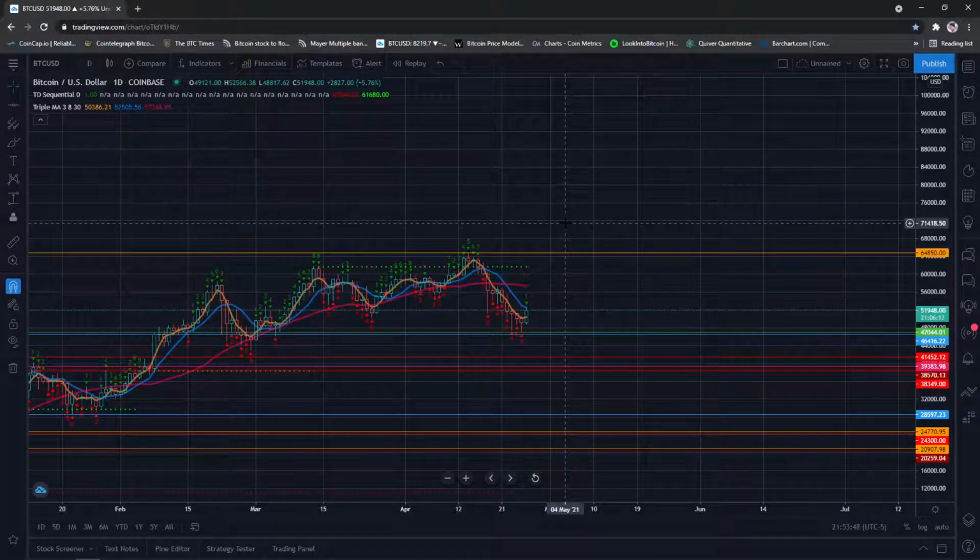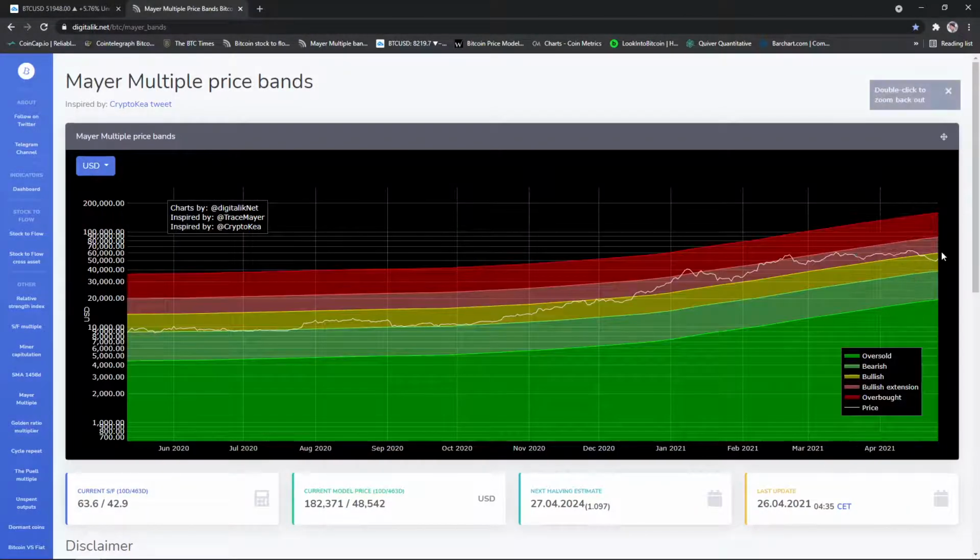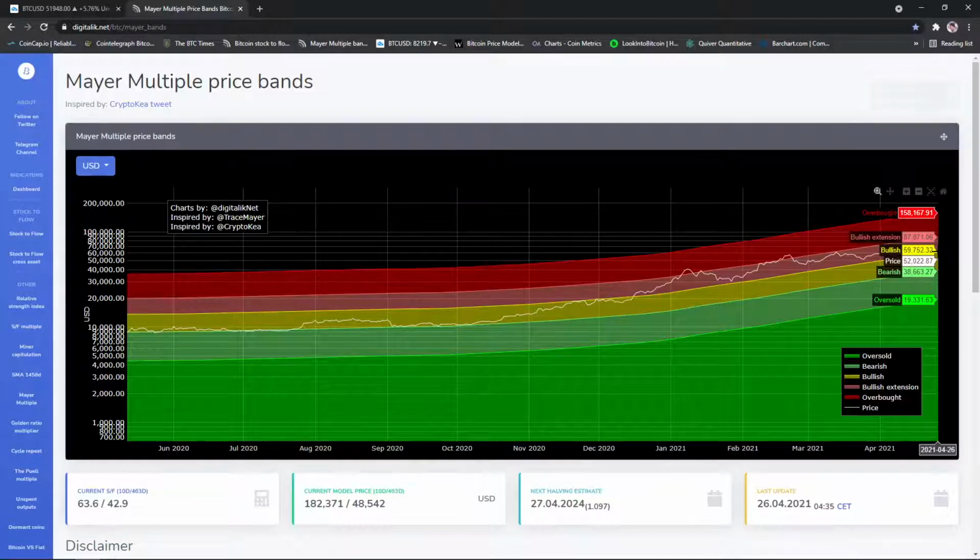and then potentially continuing up in this cycle. So let's pull up Mayer multiple bands because I haven't looked at those probably in a couple of days. Looks like we're turning back up. Probably be some resistance potentially here at 60, which our price action chart shows that. Once we break here, whatever this high is on the upper band, most likely we would get that in the